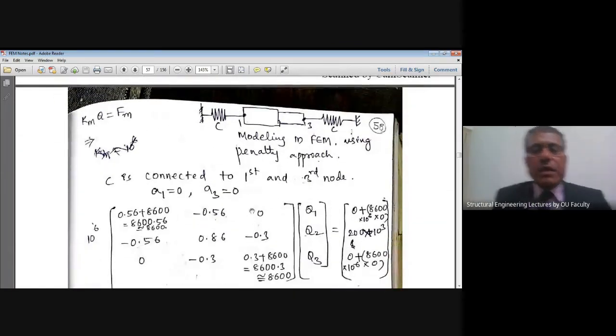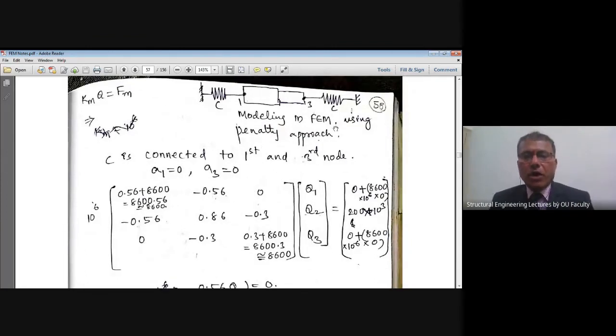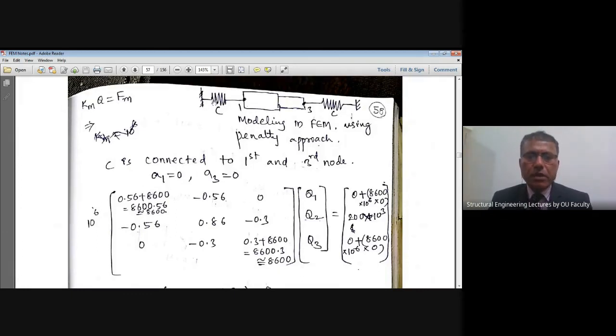Means in that FEM modeling using the penalty approach looks like this, right? Wherever the degrees of freedom are specified, here Q1 is equal to 0 actually, there you insert a spring between the end of the first element and the starting of the boundary. Actually, there is no space. It is just an assumption that we are inserting. That is how modeling is done using the penalty approach.